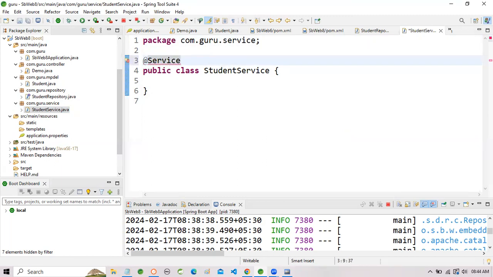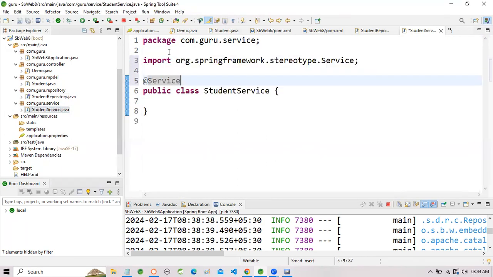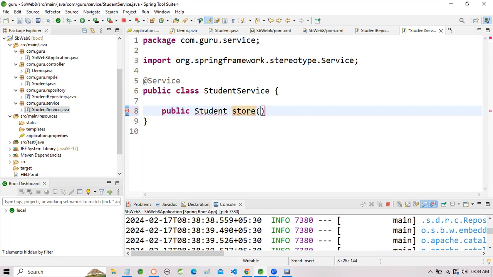Service and repository are both stereotypes of a class. Okay. So here, suppose we want to save the student values in the database. For this purpose, I'm going to create a public method. It will return the object of the Student, stored, and we will pass